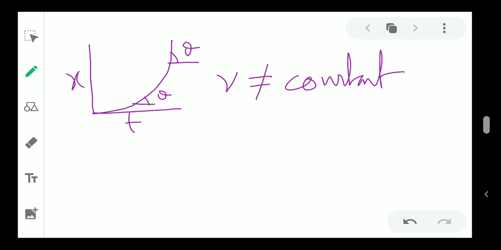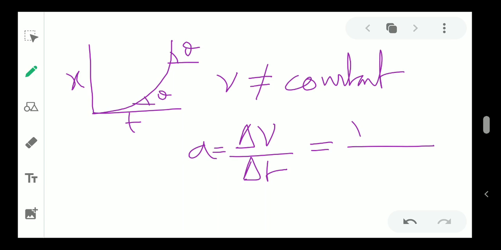When v changes, the rate of change of v is called acceleration. And we have seen that the rate of change of v is the final velocity minus the initial velocity divided by the time interval. From that we have come to v equal to u plus at,